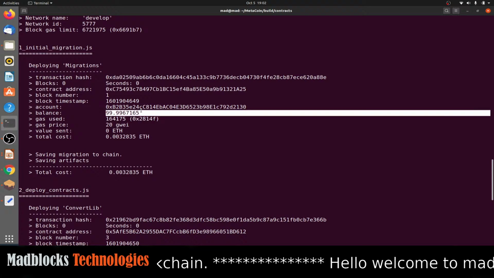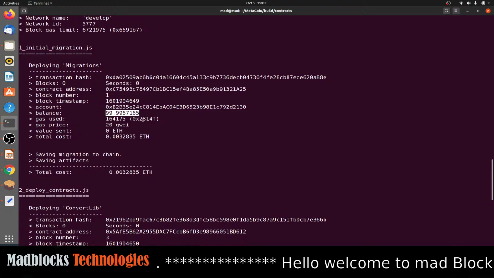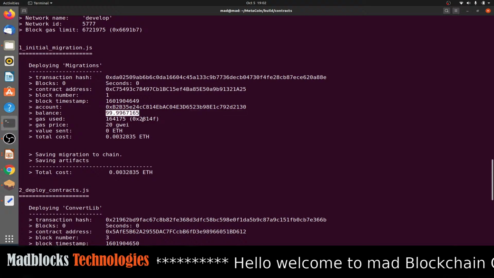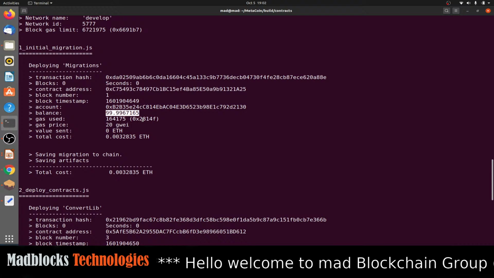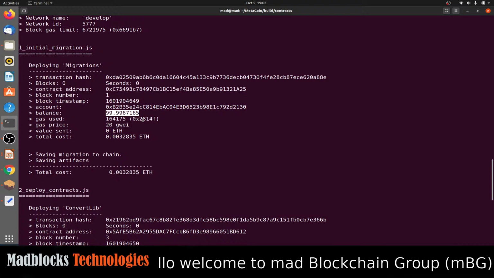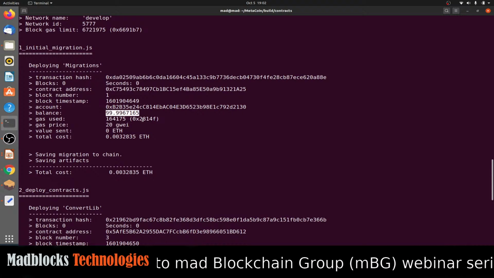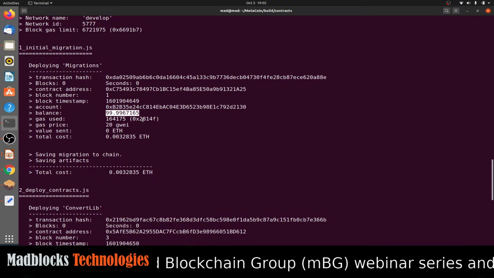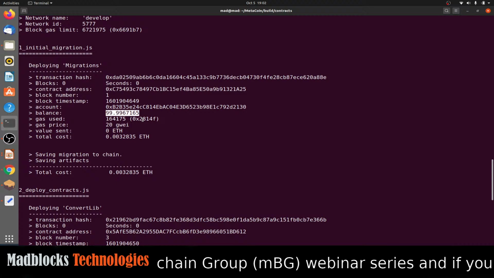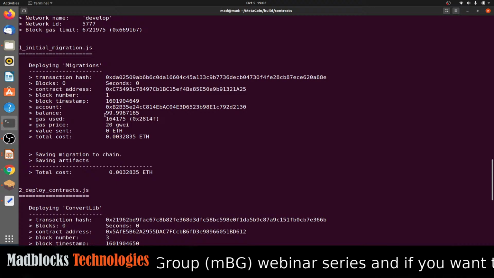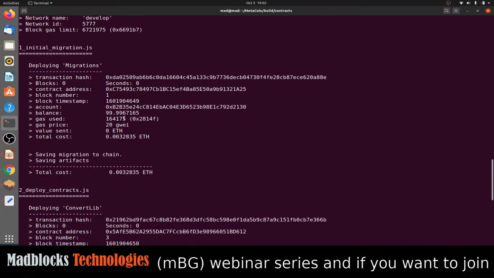The previous balance is 100 ethers, but what happened now? An account and a transaction is made. So what is a transaction? The transaction is nothing but creating a smart contract, so deploying a smart contract. A smart contract is deployed. That is why the number of ethers has also reduced. Your balance is reduced from 100 ethers to